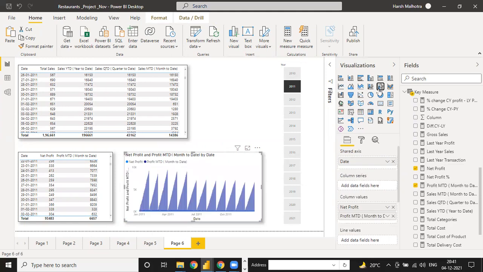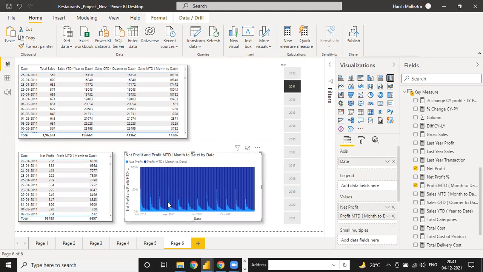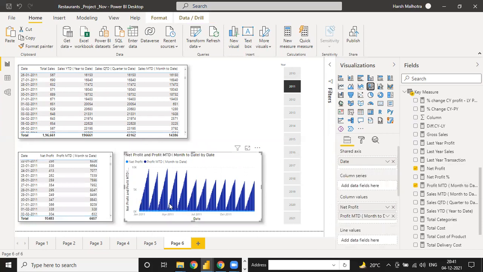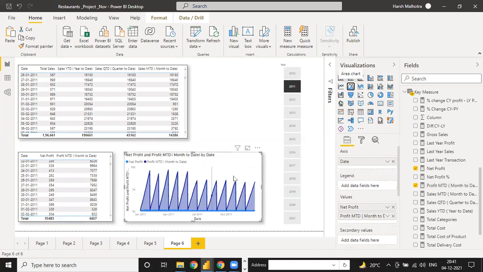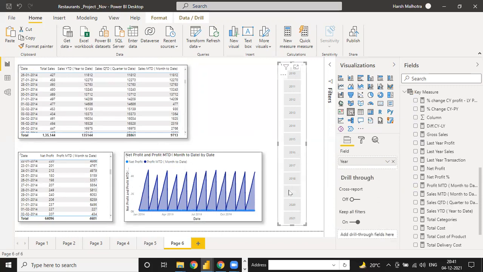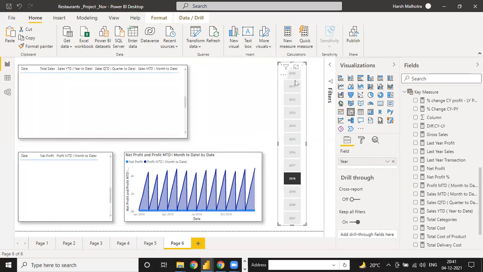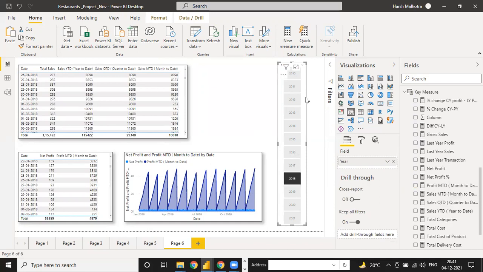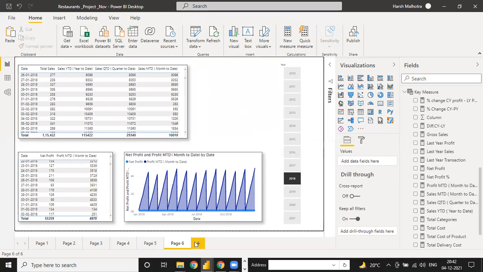And if you click on this chart, like this way, a column chart if you want. So this is the current year and this is profit MTD. Line and stacked chart, you can calculate any other chart if you want. It is just a simple thing. First you have to calculate your data in a tabular presentation, so it will give you the exact view. After that you can make your visualization. Same way, click on 2014, it will change. So slicer and date table are that important for our data, because a date table is necessary for every data.